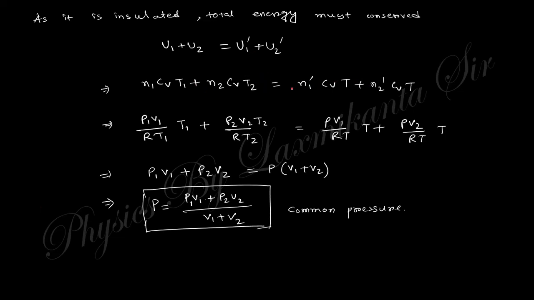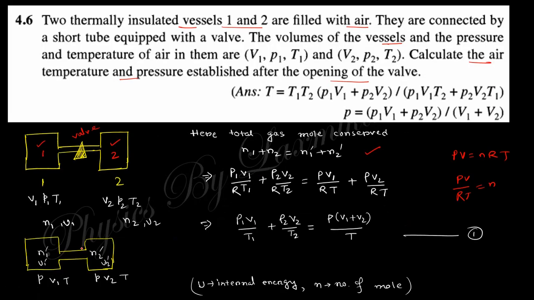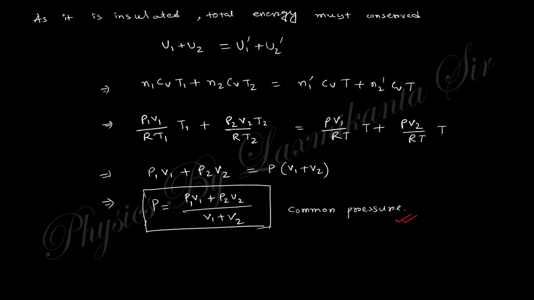In that case, you can see Cv cancels out, and n1 is nothing but p1 v1 by RT1, n2 is like n1 prime, p2 v2 by RT2, and T1, T2 cancel out, remaining will be like that. From where you can easily find out the common pressure after opening the valve. After opening the valve, the pressure will be p1 v1 plus p2 v2 by v1 plus v2, and the